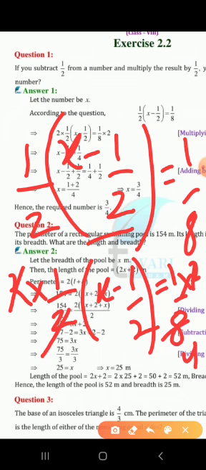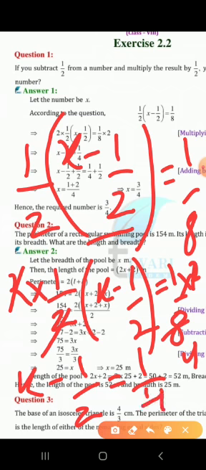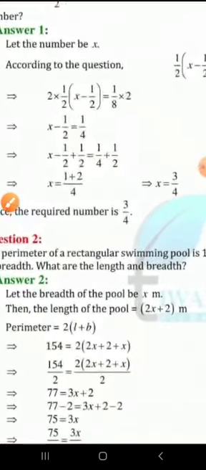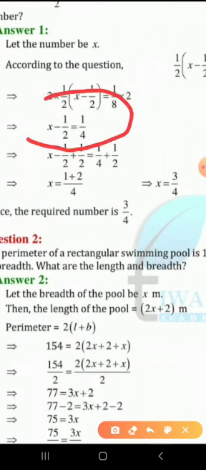So our equation will become what? x minus 1 upon 2 will be equal to 1 upon 4, which we can see in the solution also. See, here it is, x minus 1 upon 2 equal to 1 upon 4. Now see here, x is the variable in this equation. This is your linear equation in one variable. The variable is x, and the constants are minus 1 upon 2 on the left hand side and 1 upon 4 on the right hand side. These are constants, their value is constant.